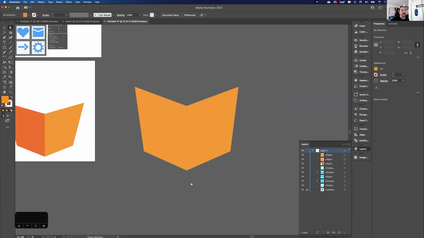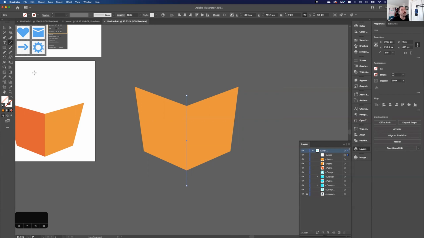And then we want to split it in half. The tool for that is right here, line segment. You're just going to click and drag straight down the middle. You should have a nice purple guide that takes you there. And then you're going to grab the selection tool, click and drag to select both the segment you drew and